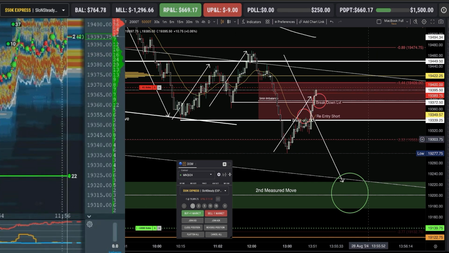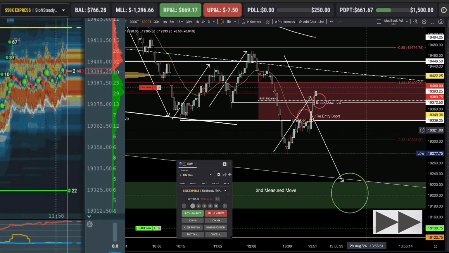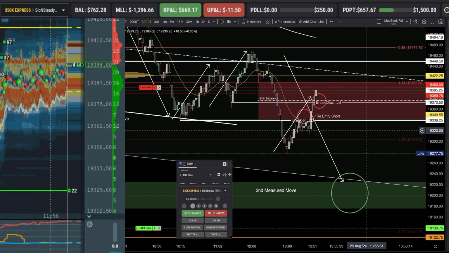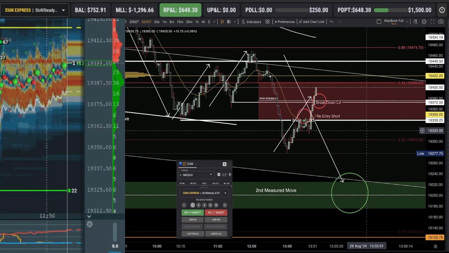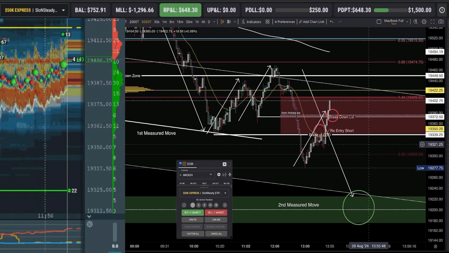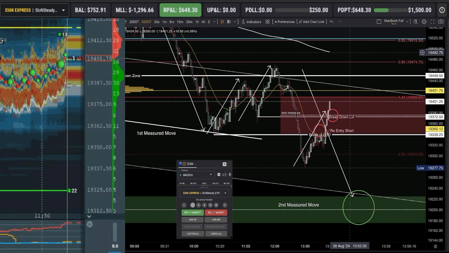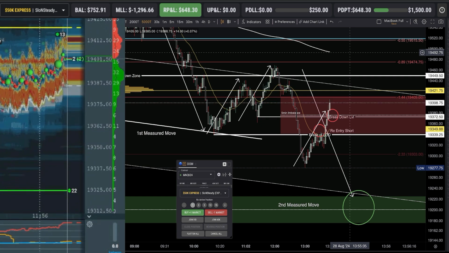Looks like we might get stopped out, though. Yep, stopped out, very close. Stopped out right here. Okay, so we're going to hang tight now. No more trades from me on this note. I'll be looking for potential squeezes. Seeing what we get throughout power hour, I will keep this going and see what we get,